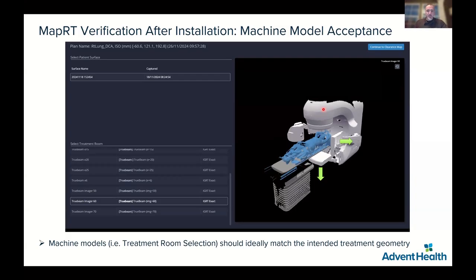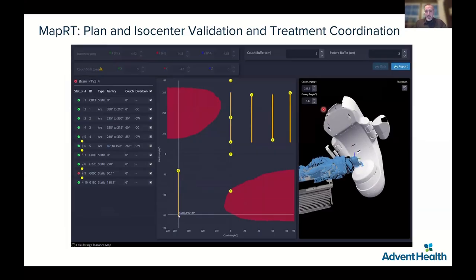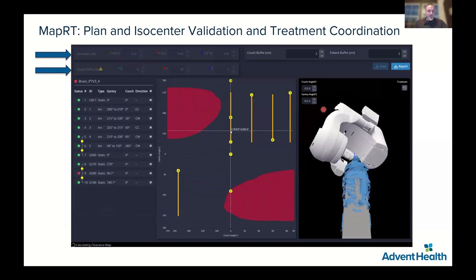And all of these are pre-configured by your FSE at the time of installation. So if you have an Elekta or a Varian, all of these things are selected by the user and imported into the system for you to use and register with your patients. When you're in the collision or the clearance mapping screen, you have access to the isocenter, any couch indexing, the